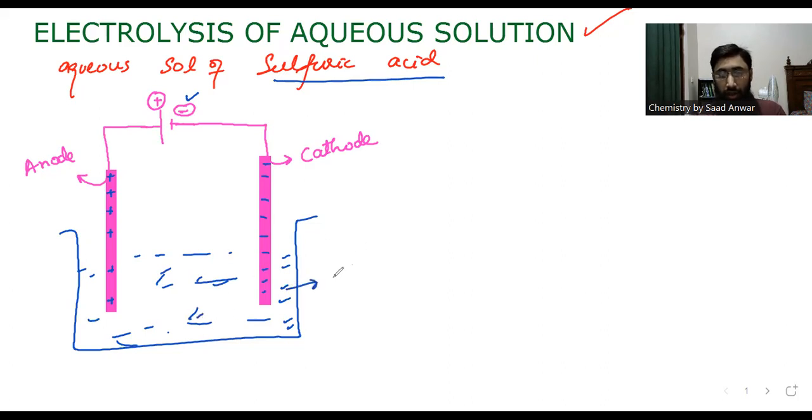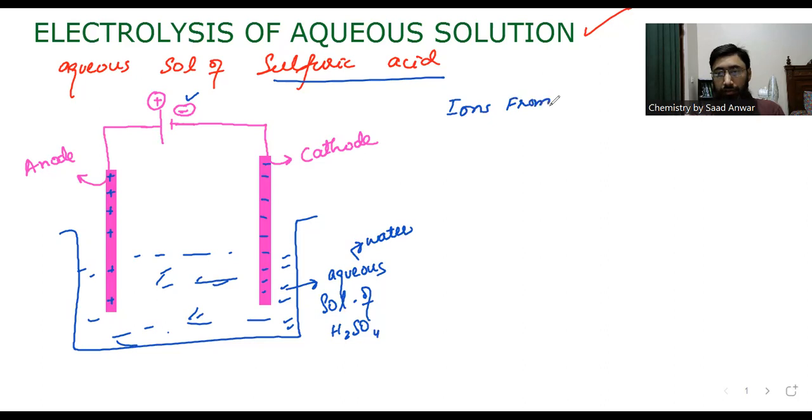Aqueous means water, so we have a lot of ions from water, and we have certain ions from sulfuric acid. So let me write ions